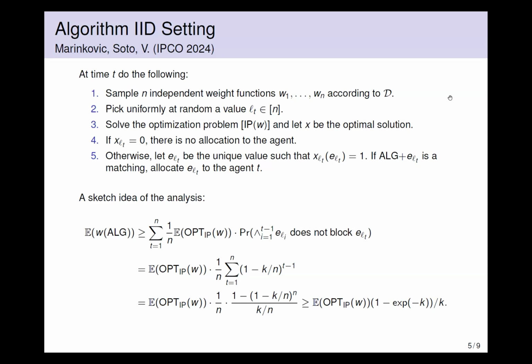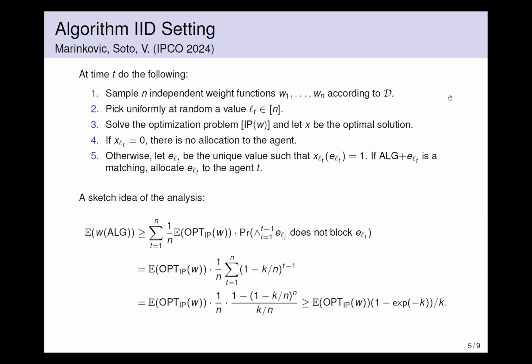So the size of the hyperedge is at most k, right? So then I could be blocked by at most k possible choices, right? Over the n. So then for every i before, with probability 1 minus k over n, I do not block the selection of time t, right? And then from here, we are essentially done, because now what you get is multiplying the benchmark,